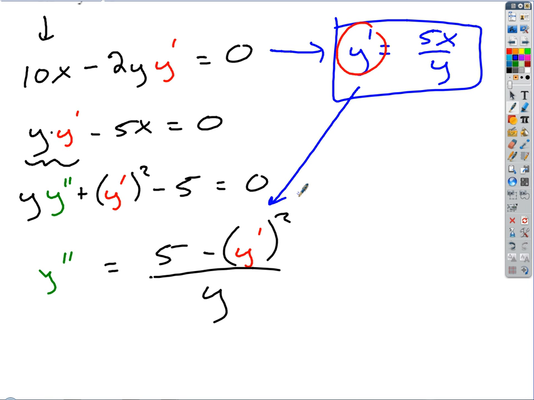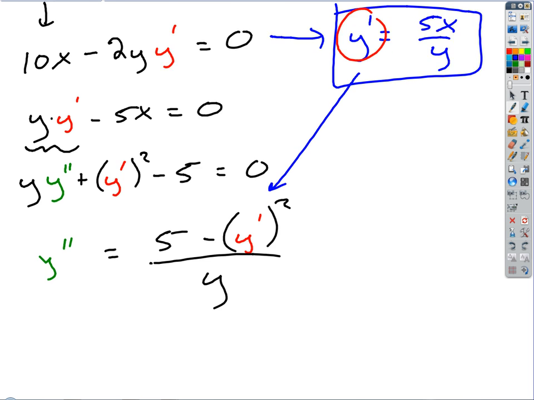Okay, every place we end up with a y prime in our answer for y double prime, we're gonna substitute the expression for y prime that we previously got, right? So that makes things